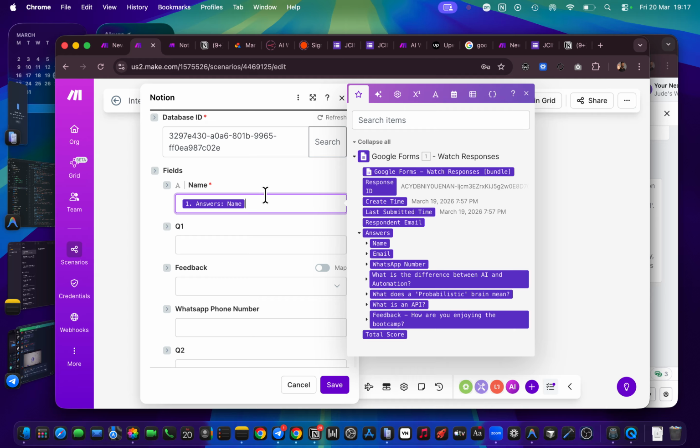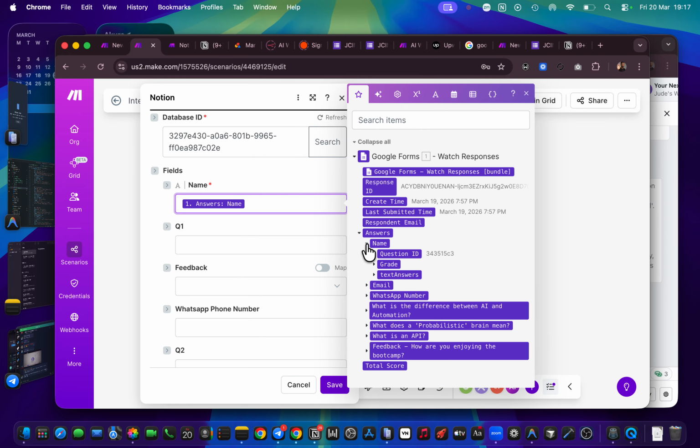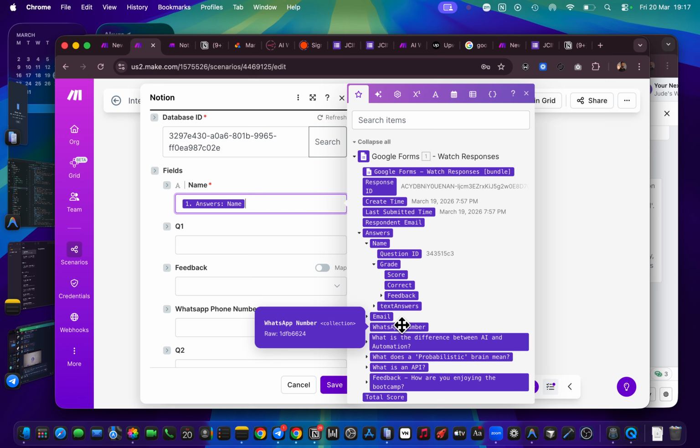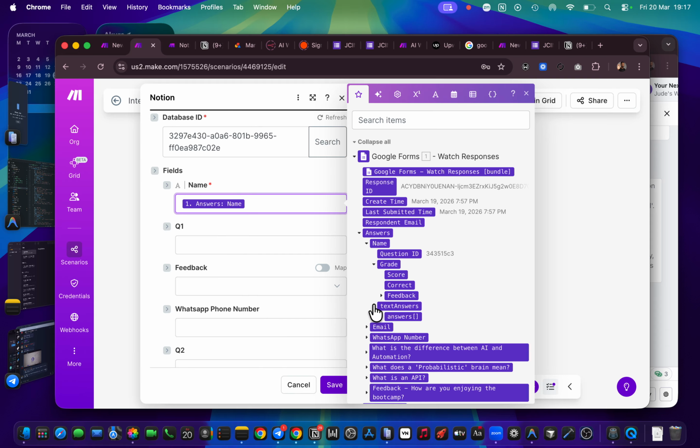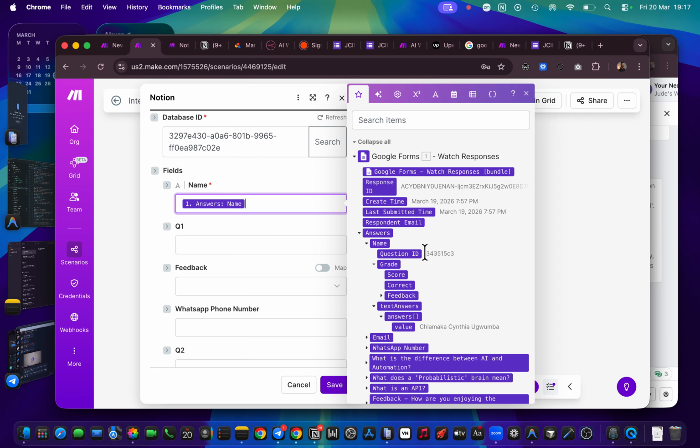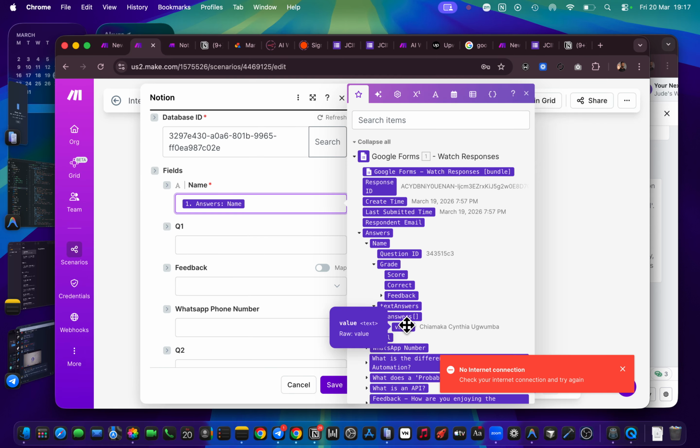But there's something you need to know. When you click on it for it to bring other things down, you start seeing other values. There is other information here, which when it comes to tracking, or some advanced level of AI automations, they need to know the question ID, the grade, and many other things. For schools, they might want you to include all these things. But for us, we just need their name. We don't want to add all this question ID and the rest. So we can see the value here.